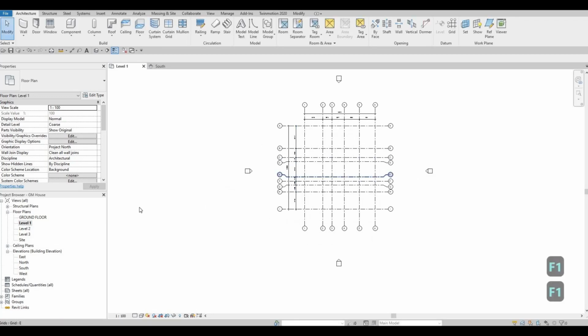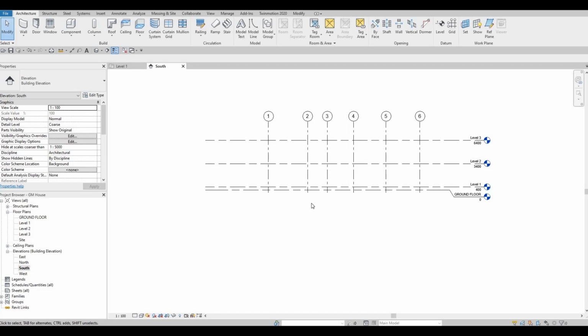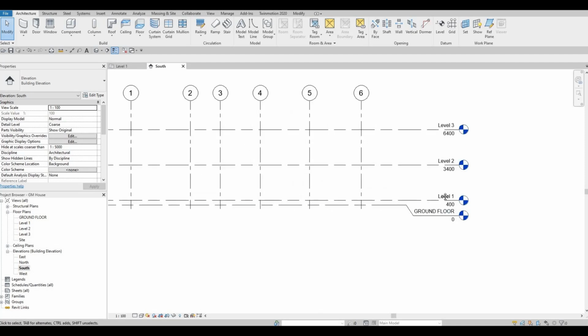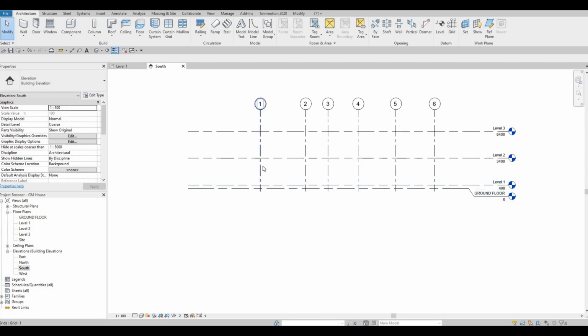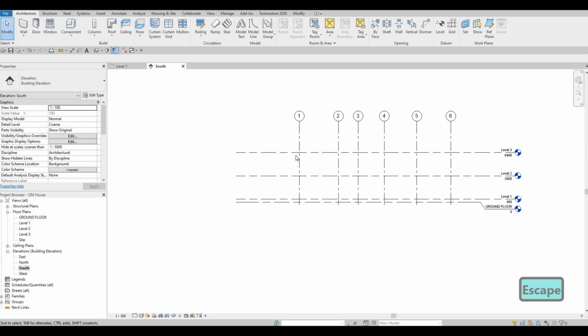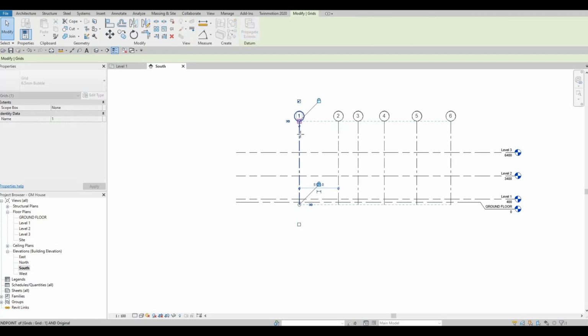And here, what we could do is go back to our elevation. So here at south elevation, as we can see, everything is intersecting, and it's clear. What I usually like to do is give it more space right here, so I pull it up more. You want to make sure that everything is intersecting,